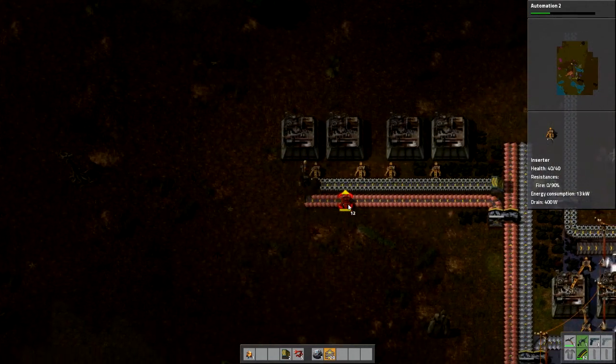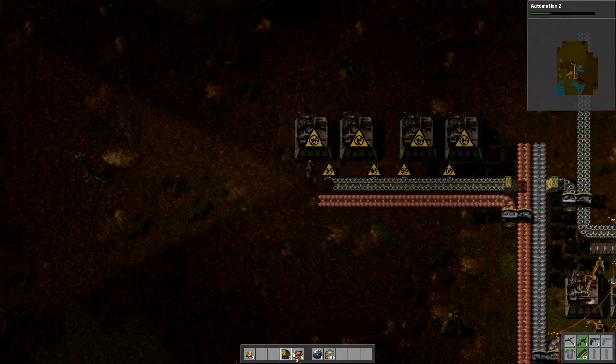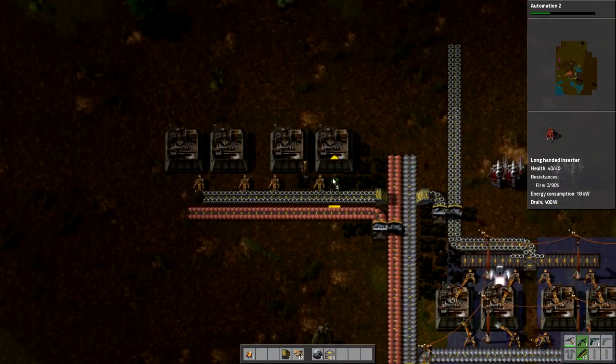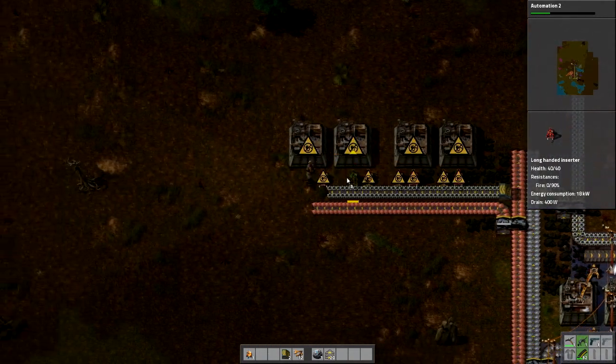So we probably don't need that one, because it's kind of weird, but this will actually pick up at the end of this. So to get our far ones, we need this long reaching inserter. Not only does it output them farther away, but it will also gather them from farther away. So let's go ahead and plop these in the middle